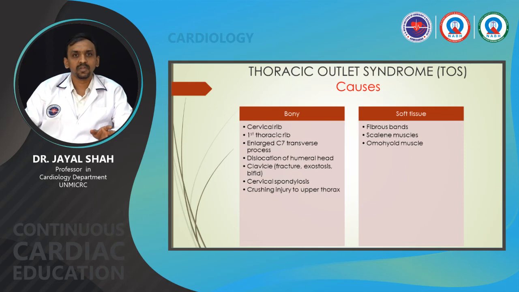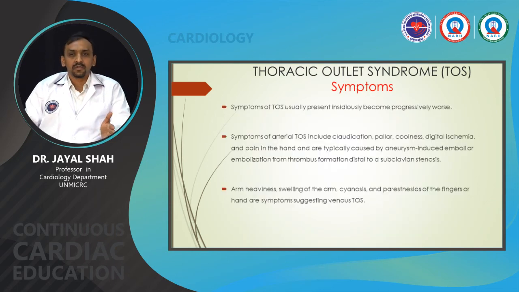The most common bony or osseous causes are the cervical rib, the T1 or C7 vertebrae, the dislocation of humeral head, fractures of the clavicle, cervical spondylosis and crushing injury to the upper thorax. While certain soft tissues, particularly the scalene muscles, the omohyoid muscles or certain fibrous bands may also lead to thoracic outlet syndrome. So the symptoms of TOS usually present insidiously and become progressively worse, and the symptoms include either claudication,